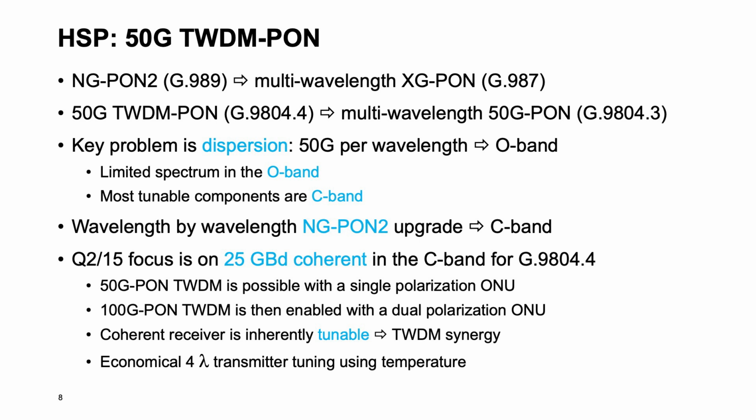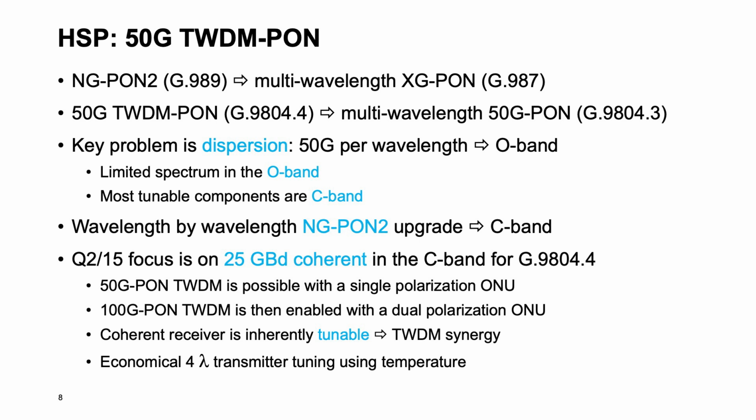And in terms of technology, most of the tunable components that are out there in the market are for long-haul metro networks, and they're operating in the C band, so that would push you in that direction. Also, service providers who are deploying NG-PON2 are already working in the C band, and what they would like to do is upgrade channel by channel. So they'd like to reuse the muxes which they've already deployed in their network. So that also pushes us into operation in the C band. And really using intensity modulation and direct detection is almost impossible in the C band